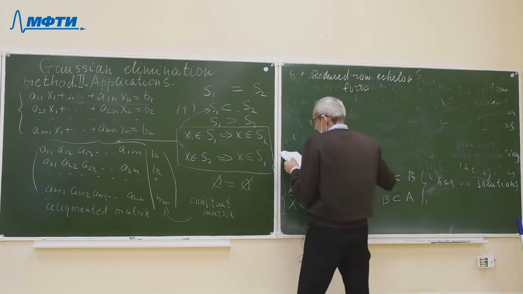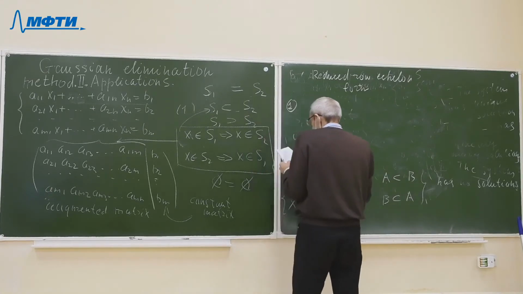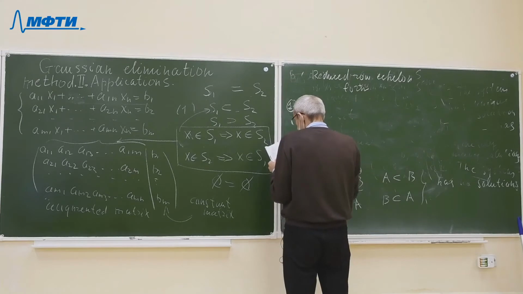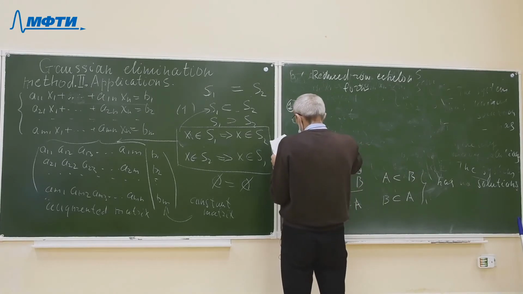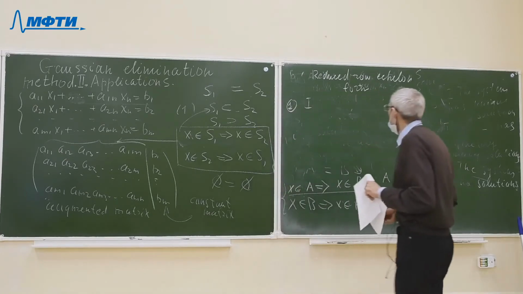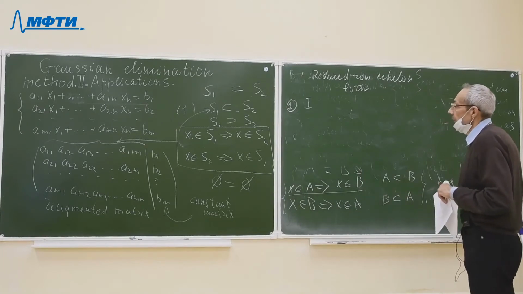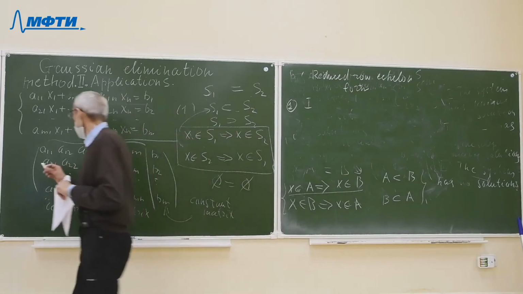What does row echelon form mean? We can define... I remark that matrix,